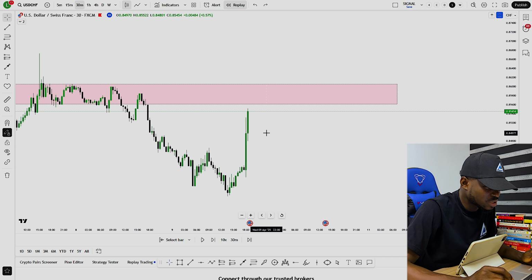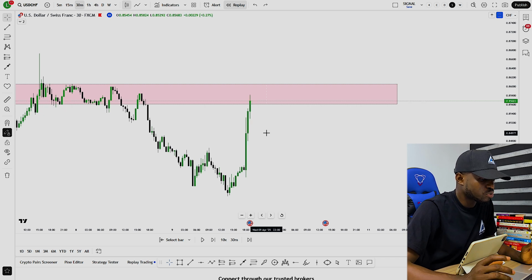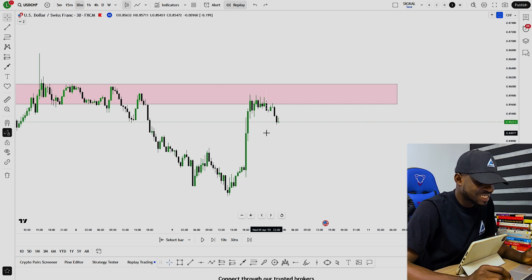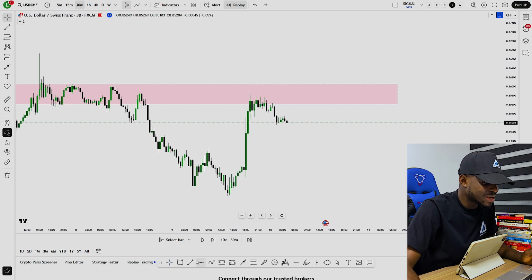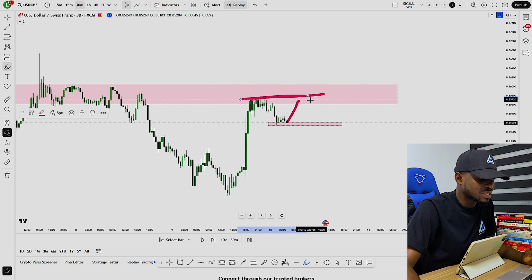Let's play the candlestick. Now the price action is approaching our point of interest, no entry. We need to wait for price action to sell down a little bit to the downside to show a little presence of sellers in the market. Then the next thing we have to do is to exercise a lot of patience and wait for the buyers to pull the price action back to this key level zone. And when the price action is pushing back to our key level zone the second time,